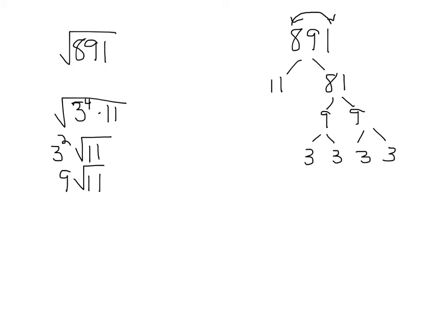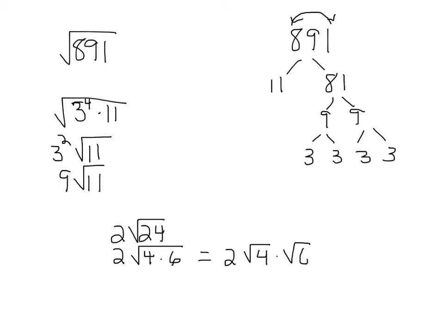So this simplifies to 9 root 11. Sometimes there's already a number in front. For example, if I say 2 times the square root of 24, if I go through this step by step, that's 2 times the square root of 4 times 6, because I'm using 4 since it's a perfect square. That equals 2 times the square root of 4 times the square root of 6, which makes this 2 times 2 times root 6,